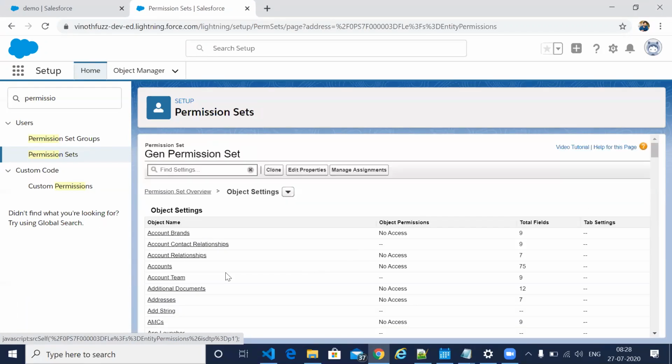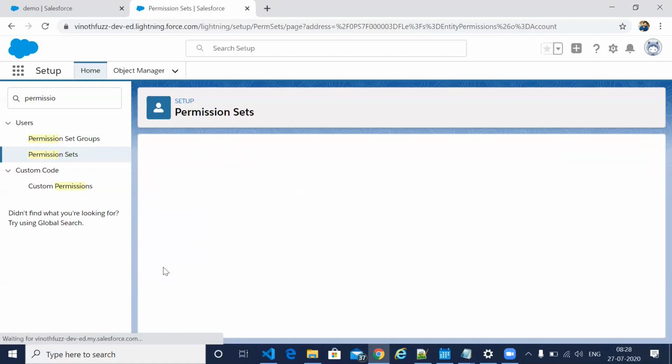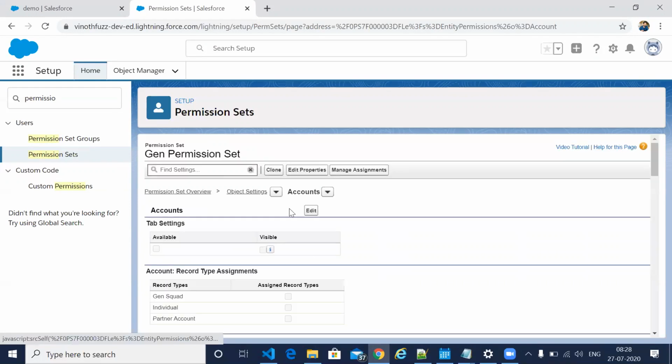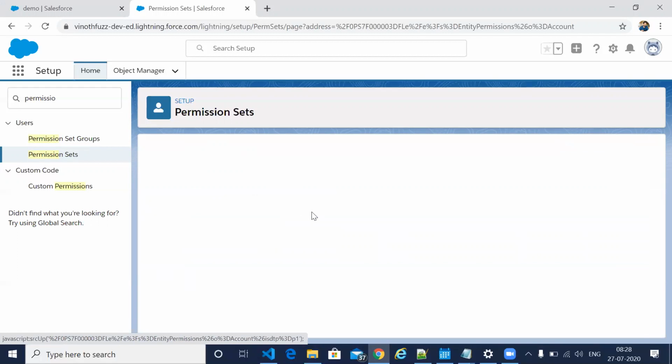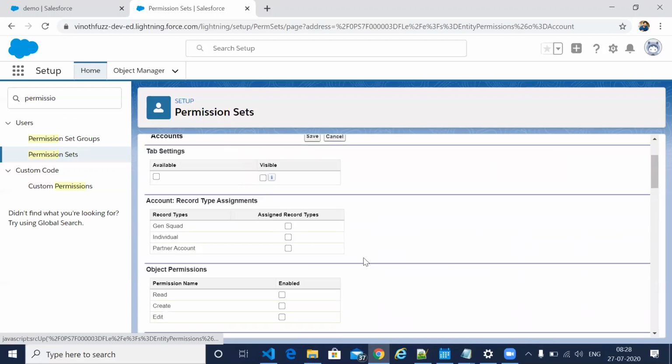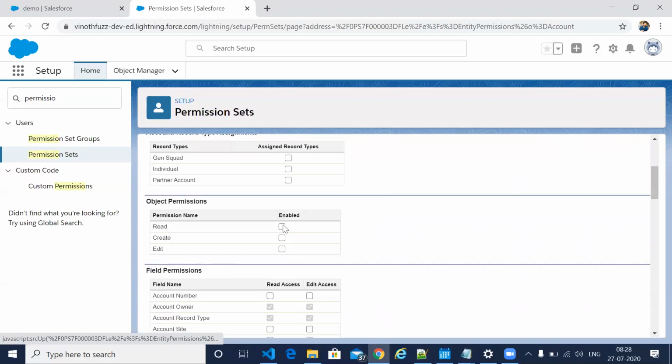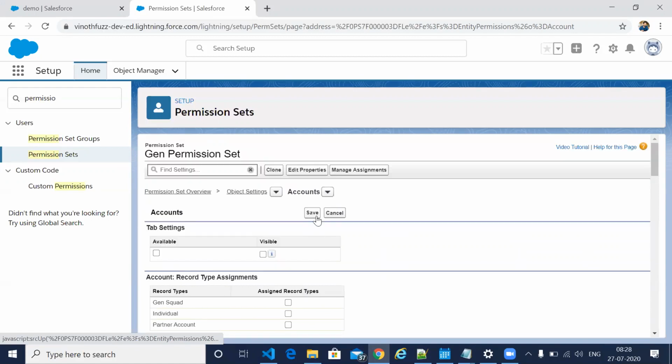So here you can just click on accounts. Here you can edit it. So this object permission you can choose in this particular permission set. Okay, you want to give read, create, and save it.